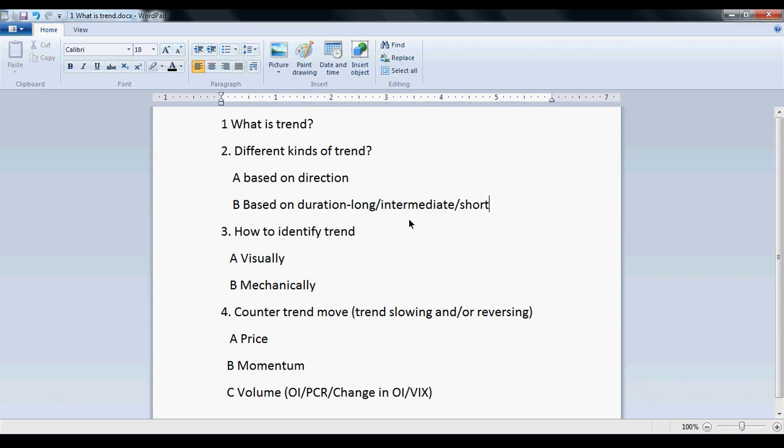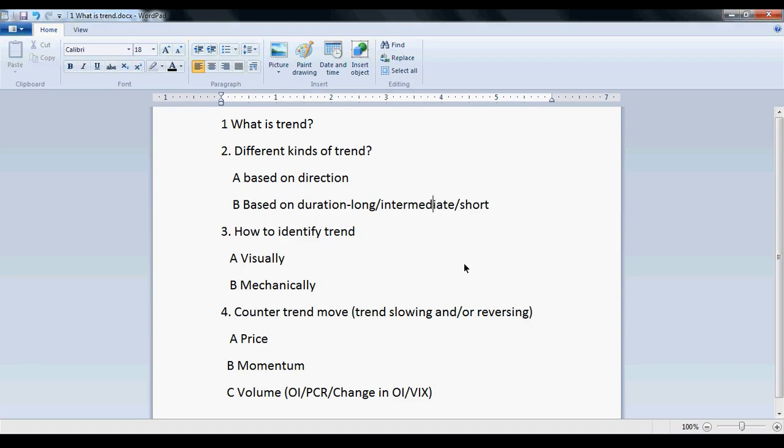As for Dow theory, long term means any trend which is more than 1 year, and it can continue for many years. That is called long term. Intermediate term is anything from 3 weeks to 3 months, and anything below 3 weeks is called short term trend. Now we have to decide which is our primary trend which we are trying